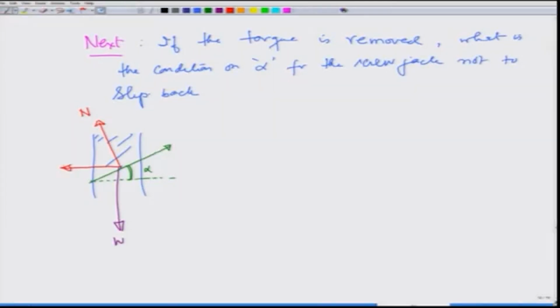So, now the normal reaction is trying to pull it down. On the other hand, the frictional force provides a torque in the opposite direction, and for it not to slip,